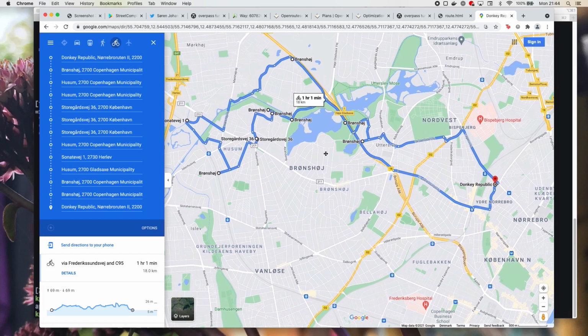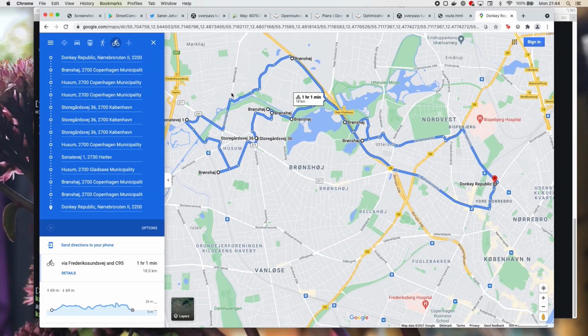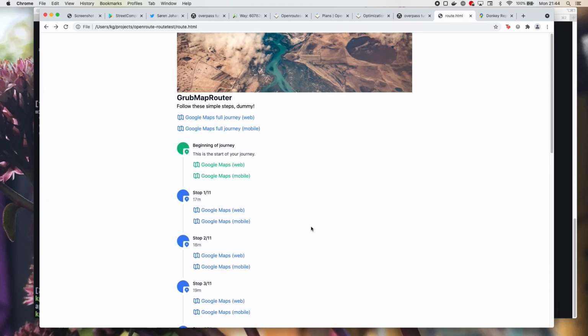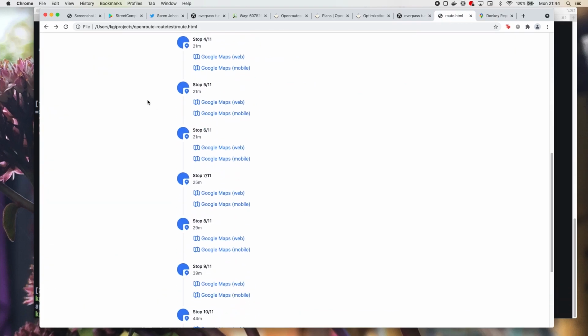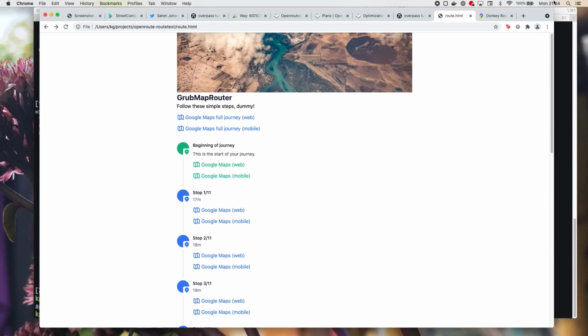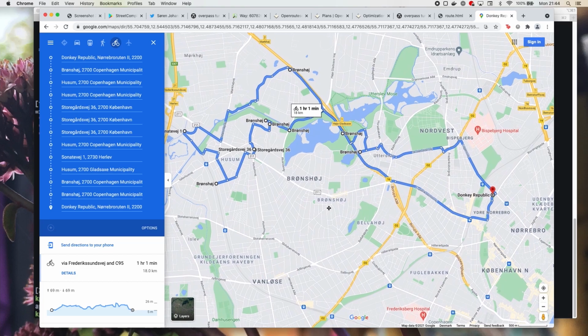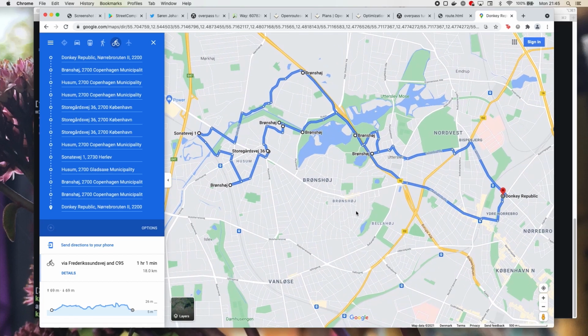So when you have it up here, you can see everything looks the same. You can see we return to the same place as we started. So that's actually what we wanted. And there's a button here where you can send directions to your phone. That's really cool. I actually just download this file on my phone, and then I go out and go one stop by stop. But it's really cool that you can also just send it to your phone, and you could be on your way. So that's it. That's my script.